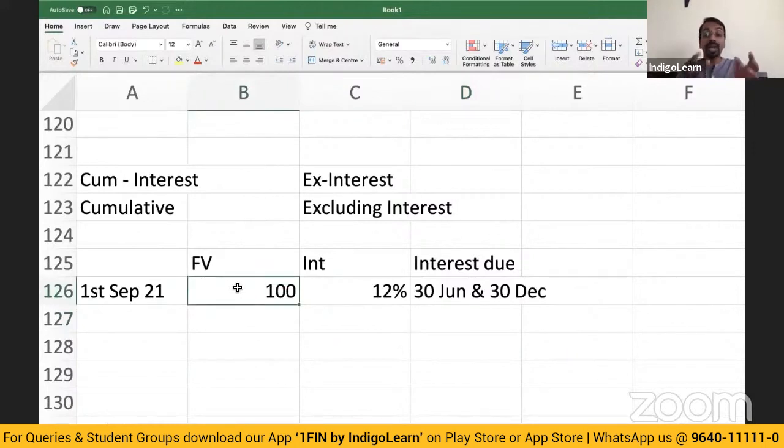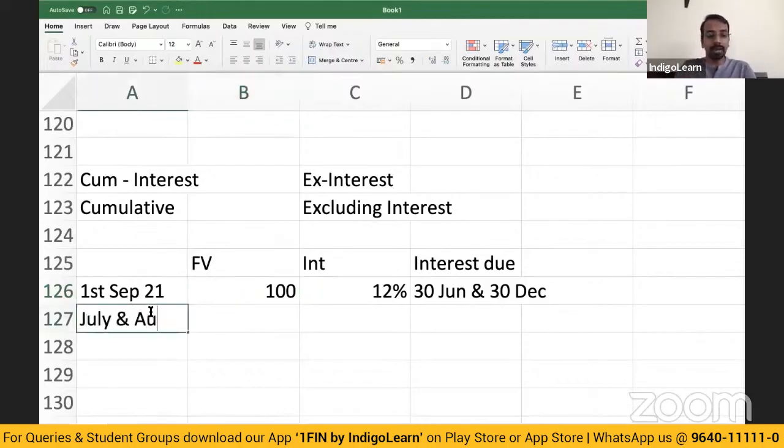No, he will also say 100 is the value of this investment. I'm taking 100 for simplistic reasons. The value of investment may be 102, 103. It could be premium or discount. We are ignoring all of that. Let us assume the value of the investment as such is 100, and on top of it, for July and August,